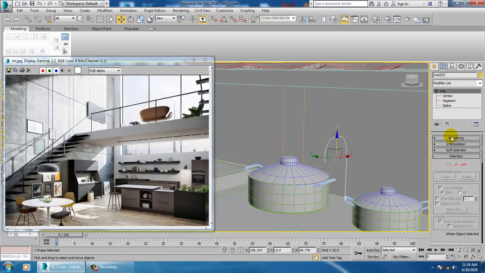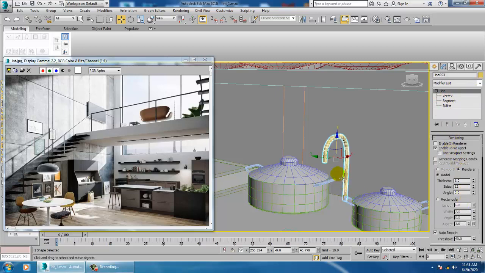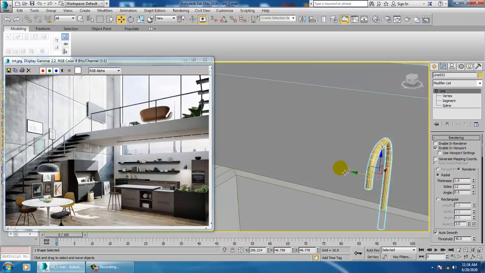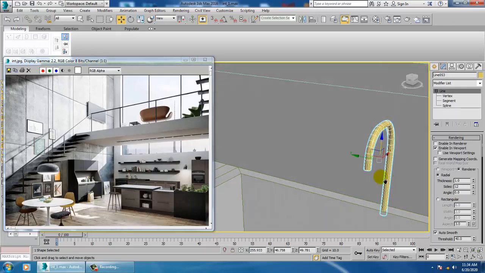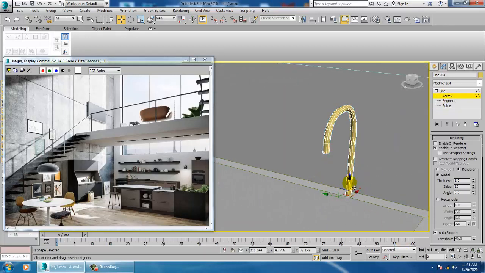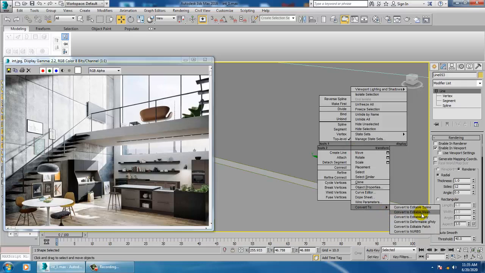Go into rendering, enable in viewport, and just push this over here. You can push in the x-axis, push that a bit up. Select the vertices, and right click, convert to editable poly.